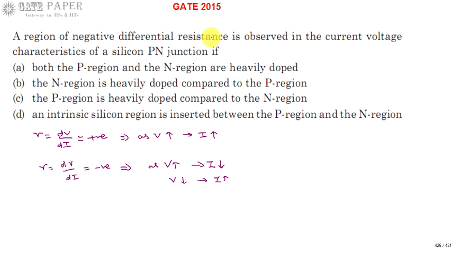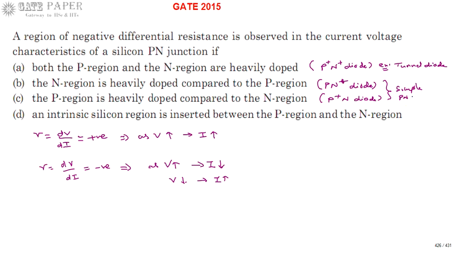First one is nothing but both P and N regions are heavily doped. This type of diode is called as P plus N plus diode. So P plus implies heavily doped. Example of this one is tunnel diode. And second one is N region is heavily doped, so P is normal and N is plus. So this is P N plus diode, and this is P plus N diode, where P side is heavily doped than N side. So these two are going to be simple diodes only.